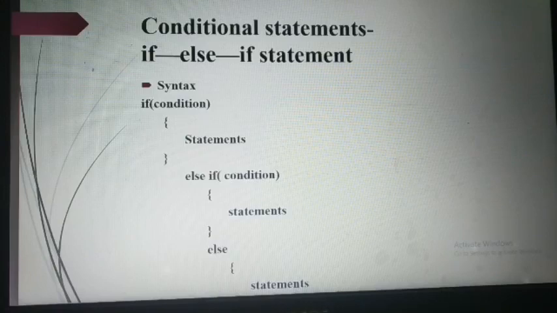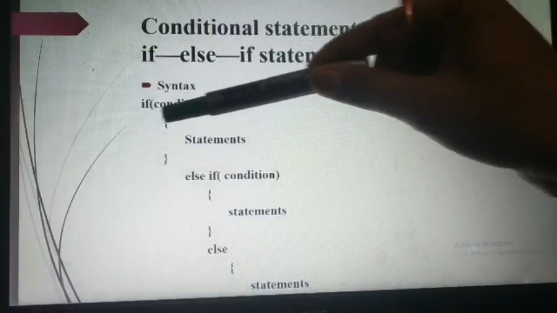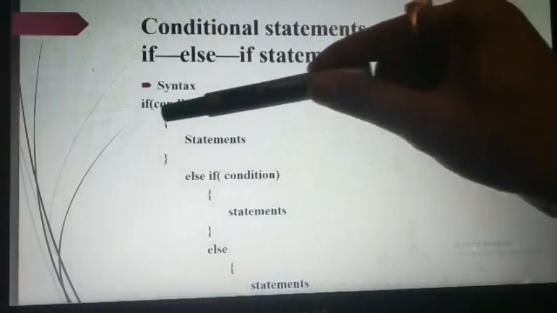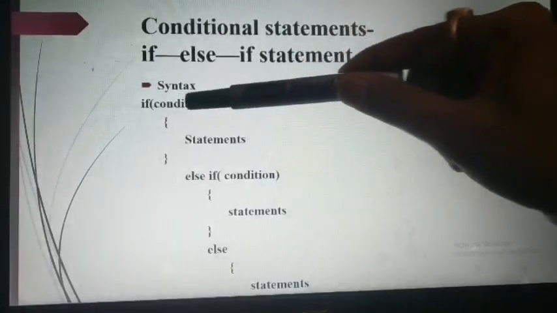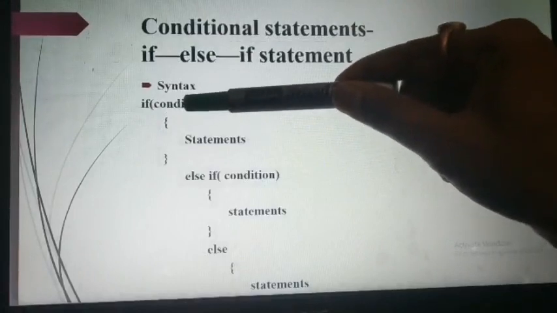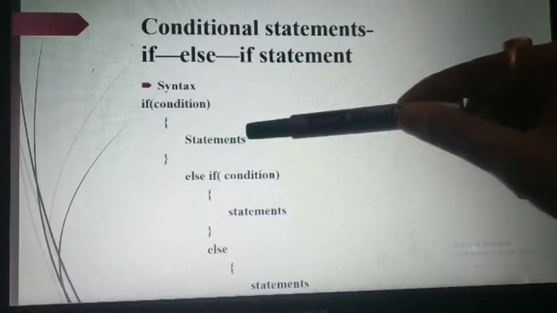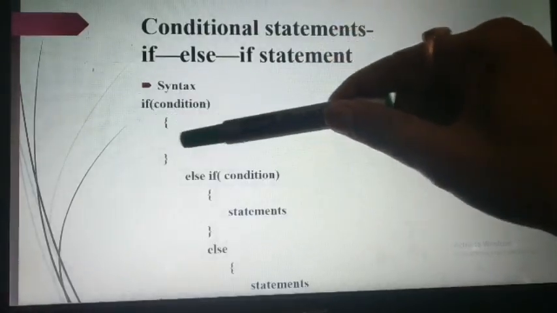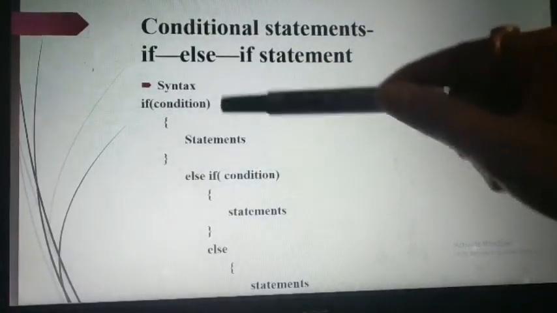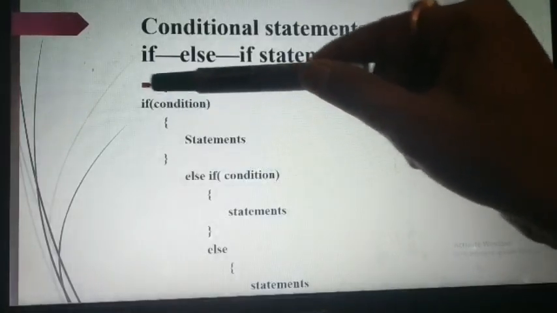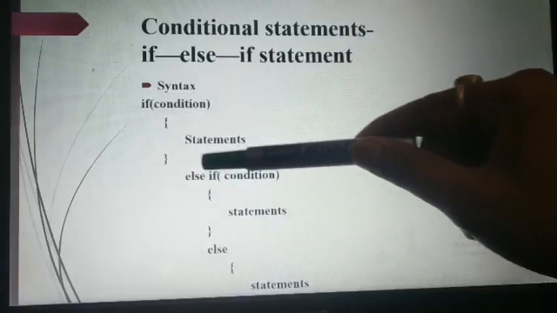See, there is a structure here you will follow. This is the condition. We provide if as a condition, and when this condition gets true, control is passed to these statements. Your control will go inside this block and all the statements written here will execute. Suppose the condition gets wrong, so if will get a false logical value. Because of that value, control will be sent to the else part.